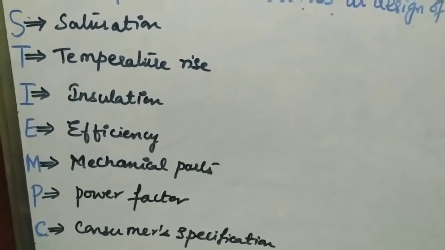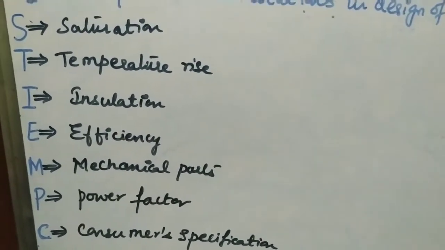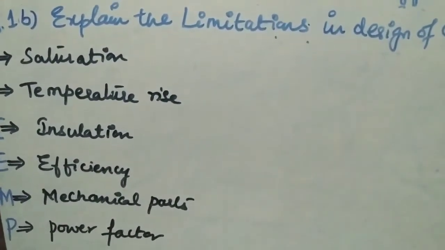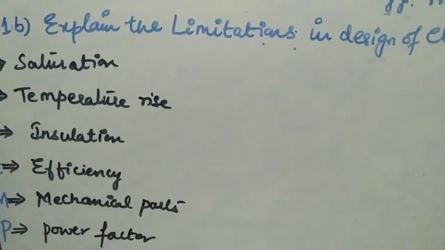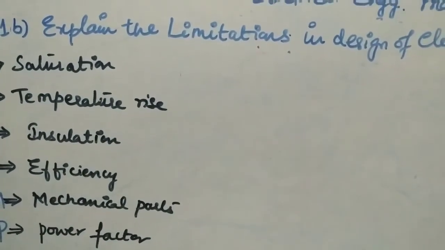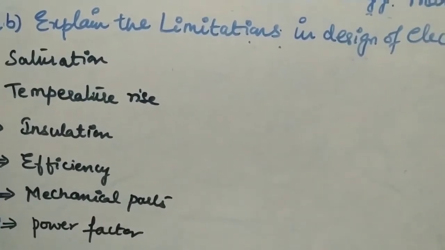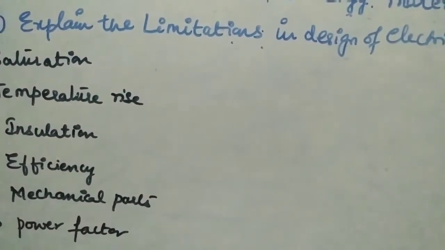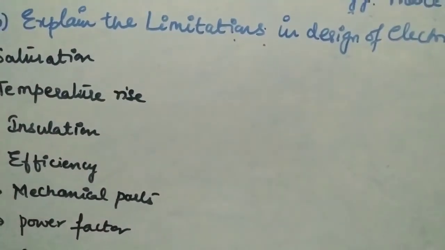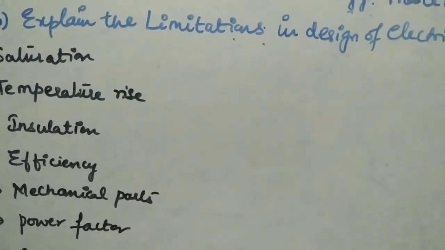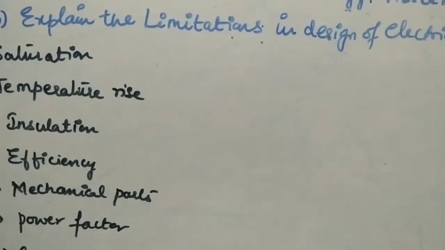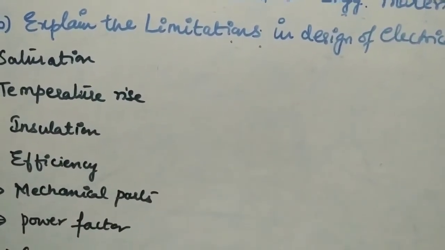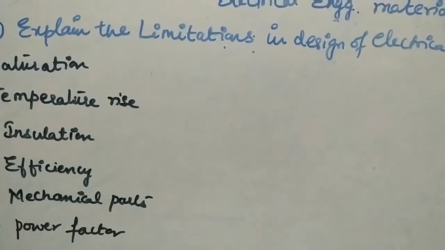So let's have a brief description of saturation. Saturation, that is, whenever we see that most electromagnetic machines make use of a ferromagnetic material, the maximum available flux density is to be used, which is determined by the saturation level of the ferromagnetic material being used. So if the flux density is very high, then it results in an increase in the excitation, which results in a higher cost for the field system.